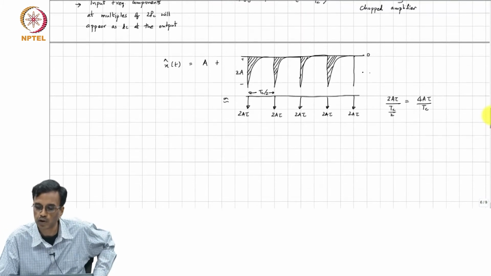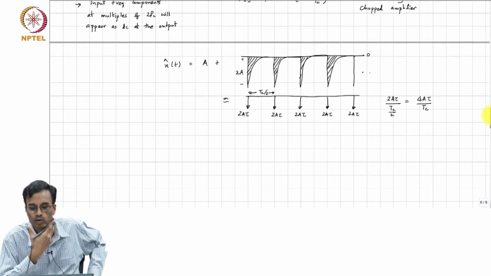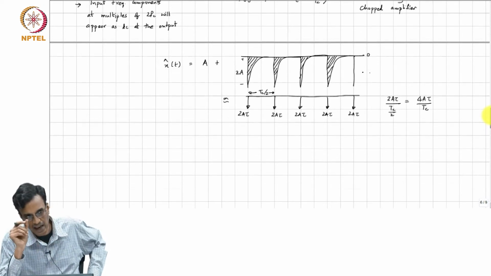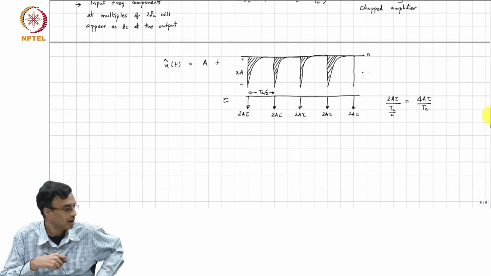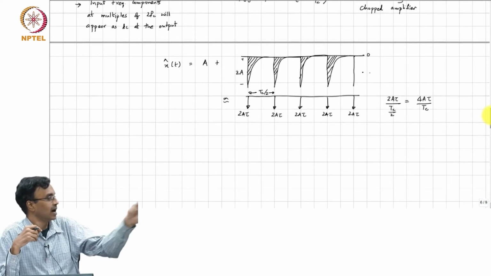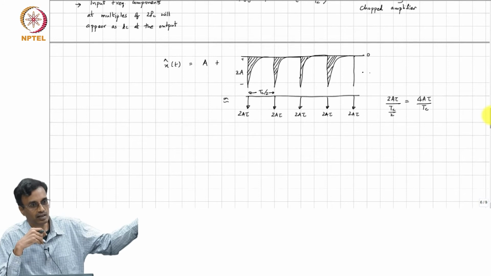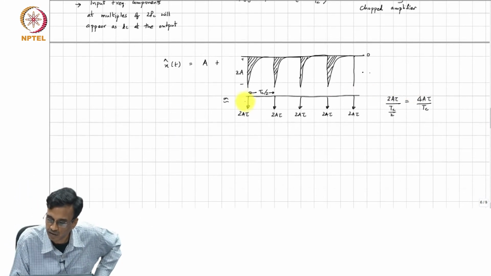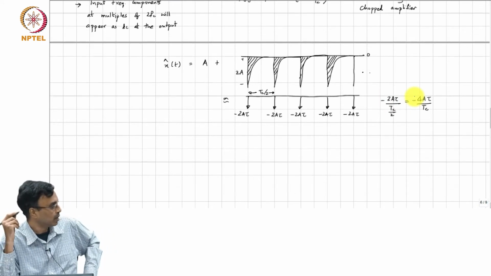So, all the Fourier coefficients have the same magnitude, and that is because we have approximated this narrow exponential pulse by an impulse function, right. So, at least for the first several harmonics, harmonic transfer functions, this value will be accurate. And because this is negative, all the coefficients must be minus 4a tau by Tc.